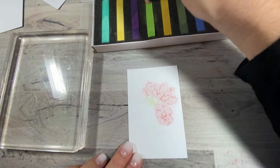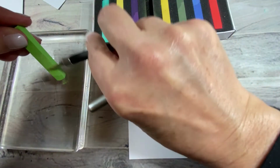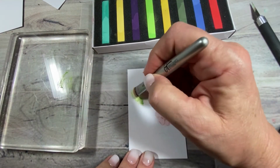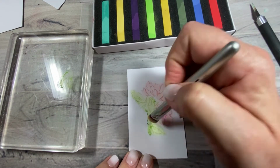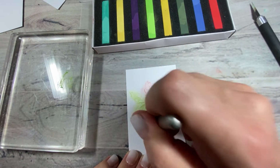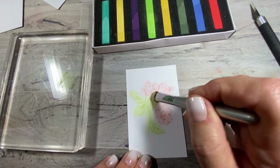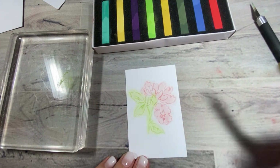It's very powdery. So I wasn't getting the color that I liked here. It wasn't dark, so I decided to scrape a little more on the block to see how that would work. And it did work. It gave me a pile of chalk on the stamped item, but it didn't look bad. I just blew it off at the end, and it came out cute. I like the way that looks. So that's another way to...